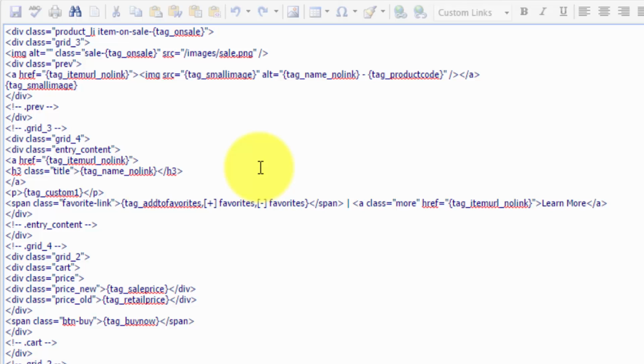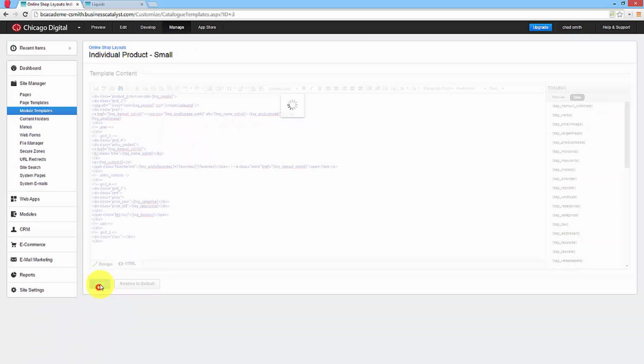BC Docs. If you look at the tags for the small product view and the large product view, you have the option to add an underscore path to this tag, and that's just like the no link or the underscore value for web app images. Now this is just going to provide us the path for our image. So we'll save that and reload,